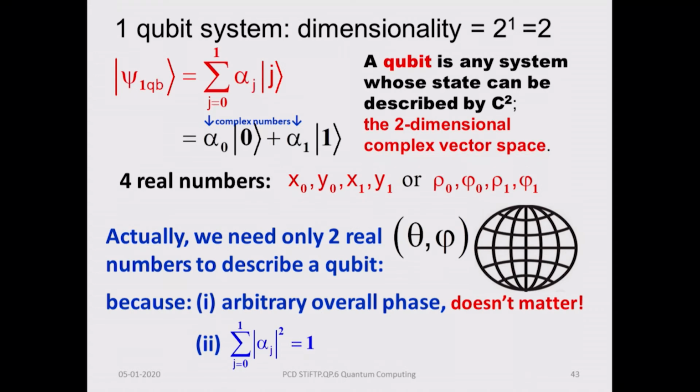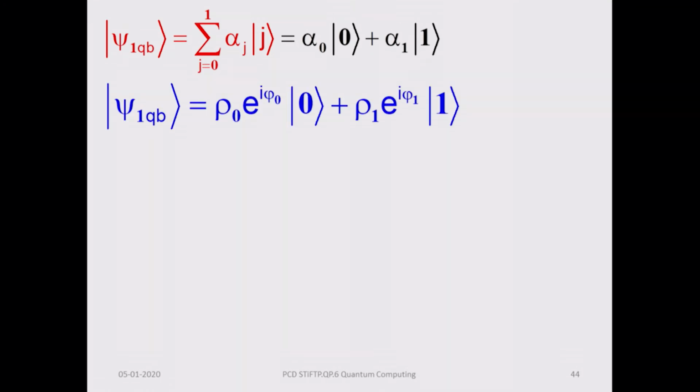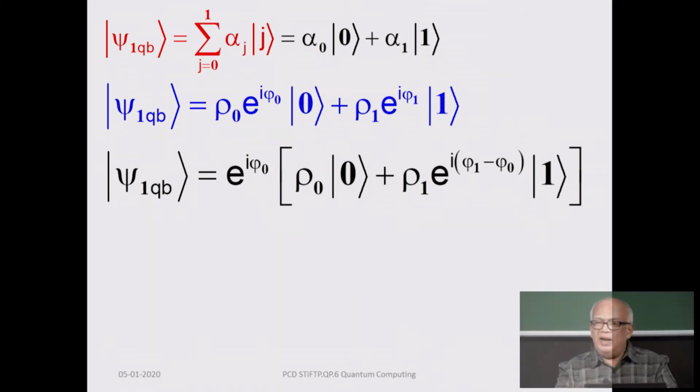So, these are the 2 angles theta and phi. So, you can write this qubit by extracting this redundant phase, the phase e to the i phi 0, you can dispense with as irrelevant. You can set that phase equal to 0,